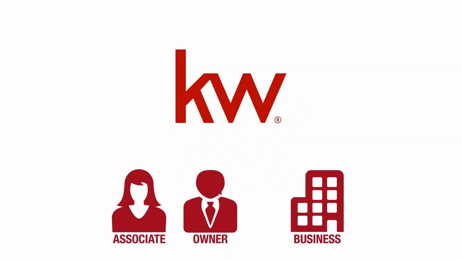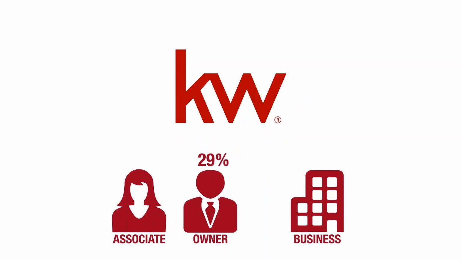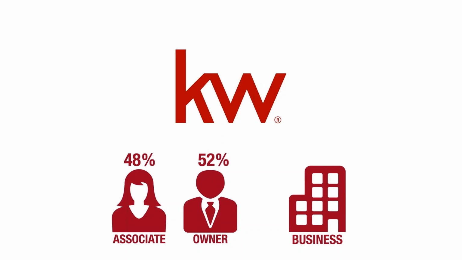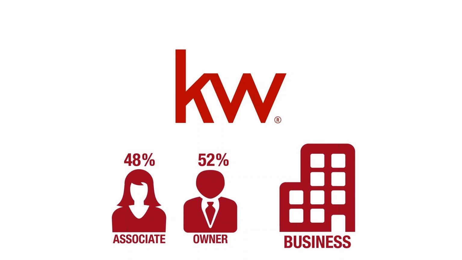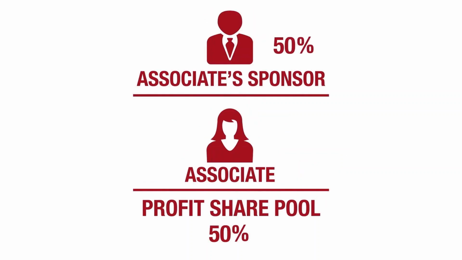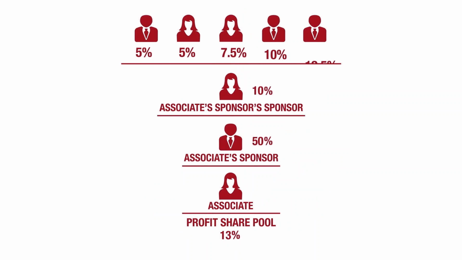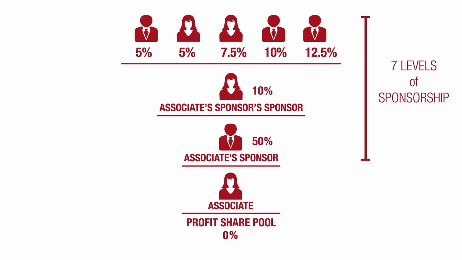We believe in growing the business together. So we split the profit between the owners who took the risk and the associates who have helped grow the market center. Roughly 52% goes to the owners who took the risk, and roughly 48% goes to the associates who helped grow the market center. So, how is it dispersed? We figure out what percentage of the market center's profit is a result of that associate, and we take that percentage of the profit share pool and disperse it through the branches of that associate's profit share tree on a monthly basis. The associate sponsor gets half, the associate sponsor's sponsor gets 10%, and so on until all of it is dispersed through 7 levels of sponsorship.